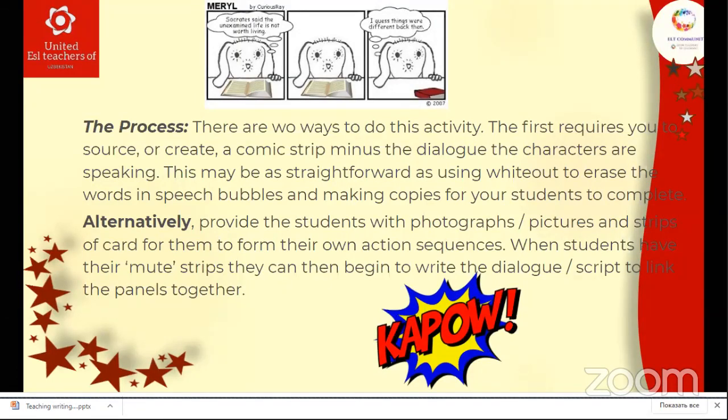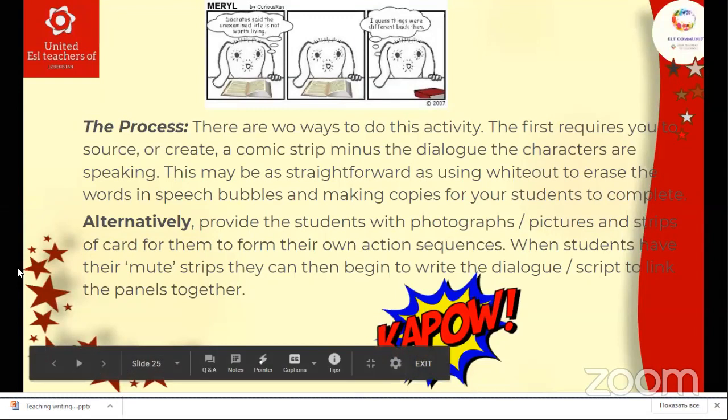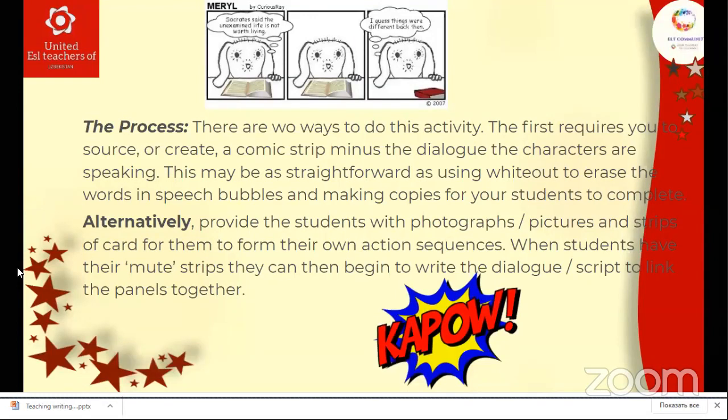Okay, these are offline activities. You can do them, but I think you can do them like online activities also. You can just put it on the screen. Yes, you can modify these activities also for the online version for online learners.